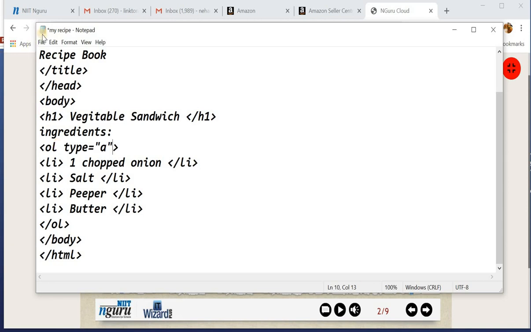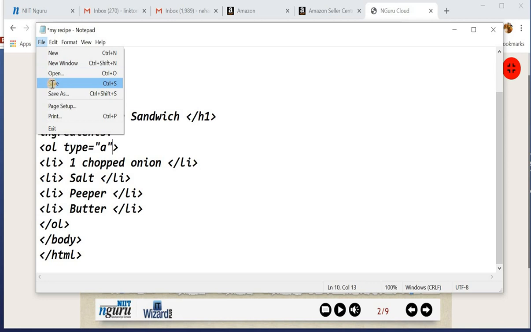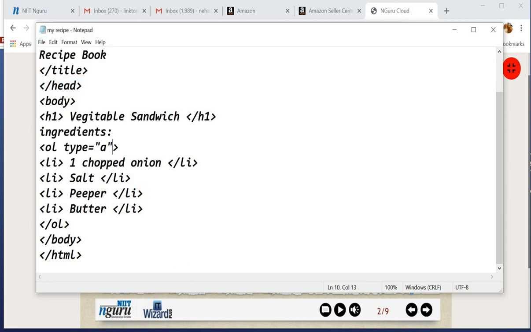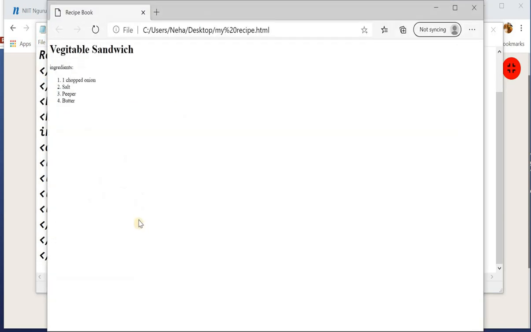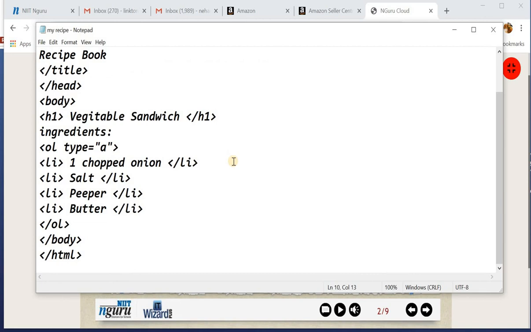Save this file, save and then open it in the browser and refresh it. तो देखिए यहाँ पे क्या हुआ? 1 2 3 4 की जगह पे ABCD यहाँ पे आपका आ गया है. ठीक है. So for creating an ordered list, what you will do? Open the OL tag and then you can give its type like 1 or A or big A or small a. These all are the types of ordered list.